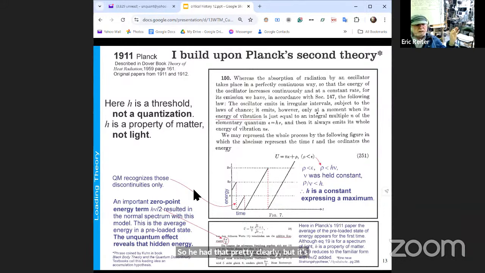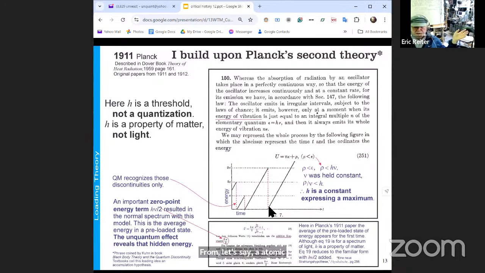It's in German. The translation of this paper is in my work on my website. I'm the only one it looks like that has translated it. So our experiments mostly see these discontinuities, and it's hard to see what goes on before there's an emission from, let's say, an atomic